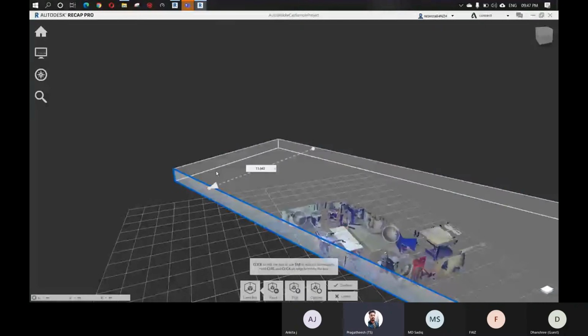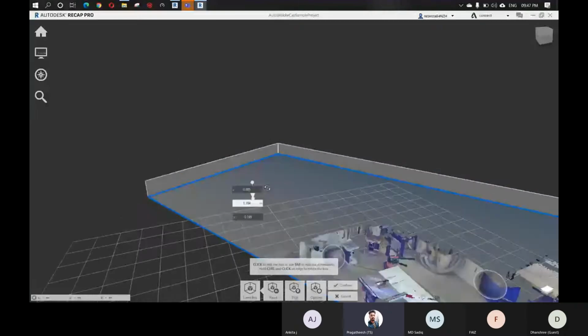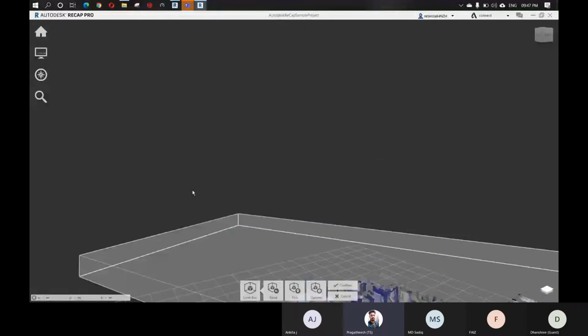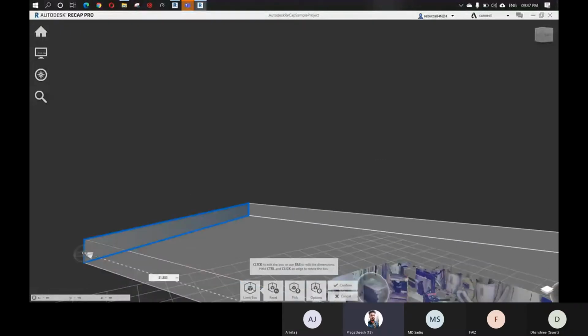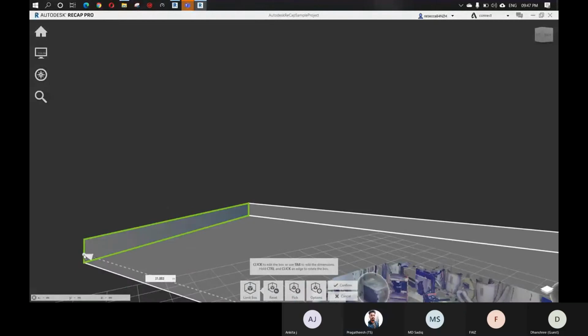Actually, the sectioning here is not similar to what you do in Revit or Navisworks. It will be like this: you first select this face, and then move it like this. But you need to get practiced.